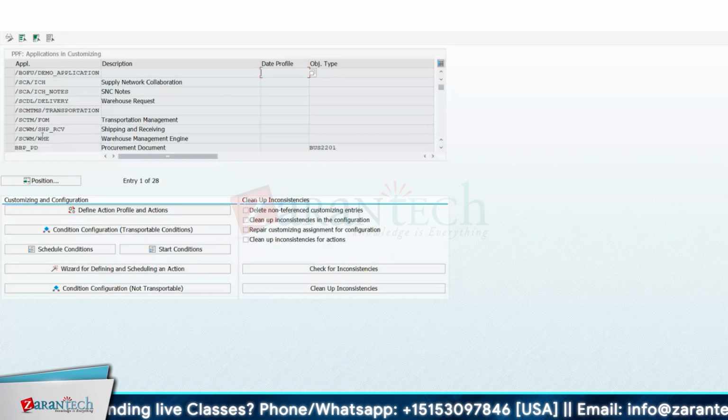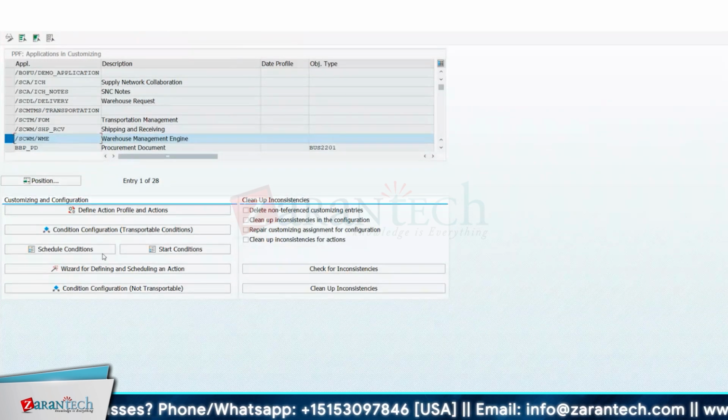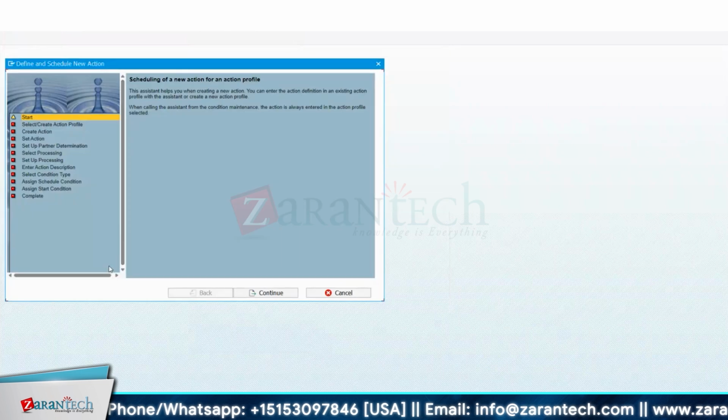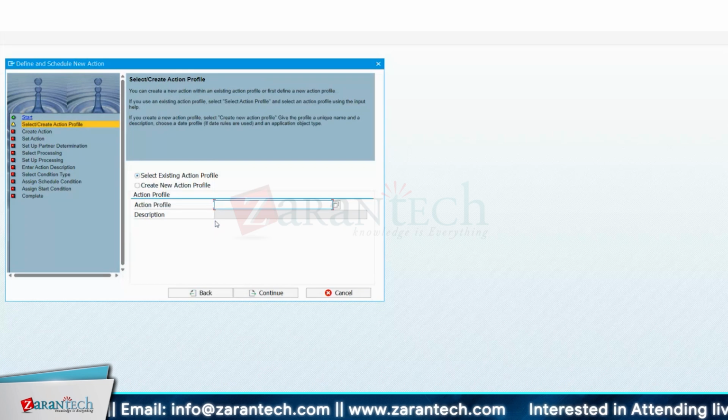I'll select the application SCWM WME and click on this wizard. Okay, you can see there is a set of steps which need to be followed, and then finally your action definition and the scheduling will be complete. So let's do that. Okay, here you have an option to select an existing profile or create a new action